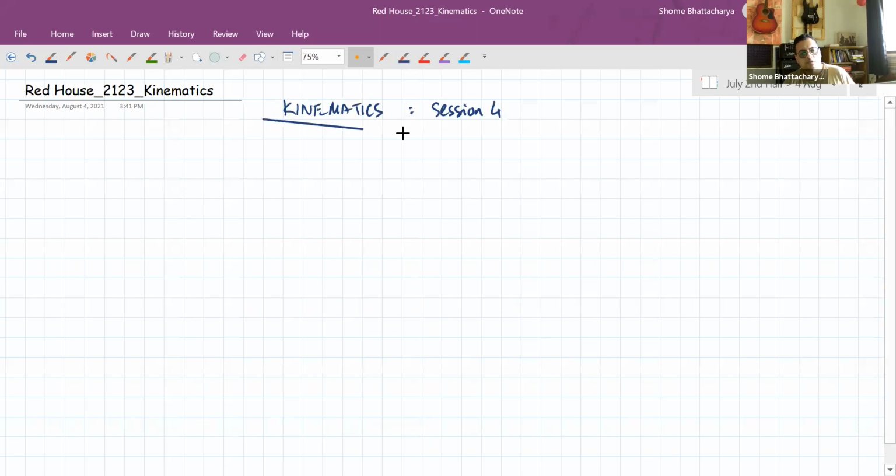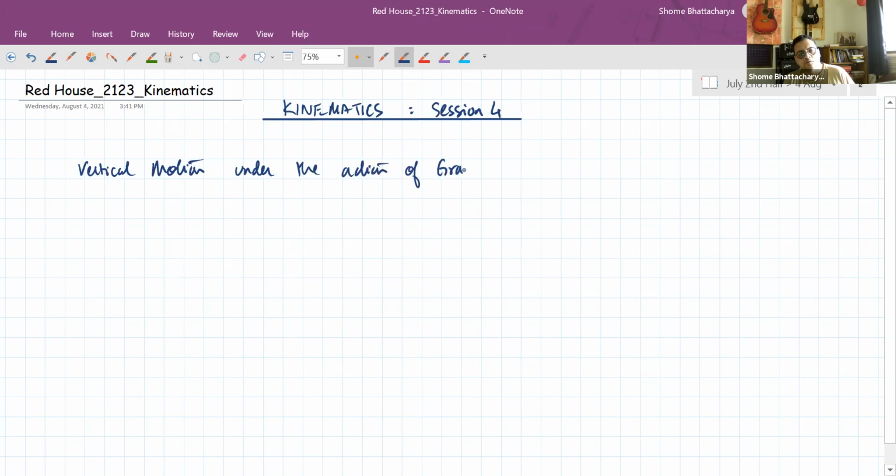Okay, so we will start today by looking at vertical motion under the action of gravity. When we are looking at the equations for this type of motion, there are two important considerations that we will take, or two assumptions you can understand as. So one assumption is that